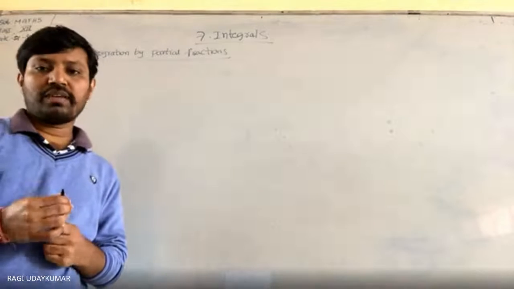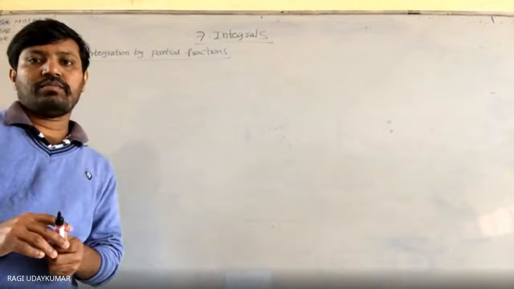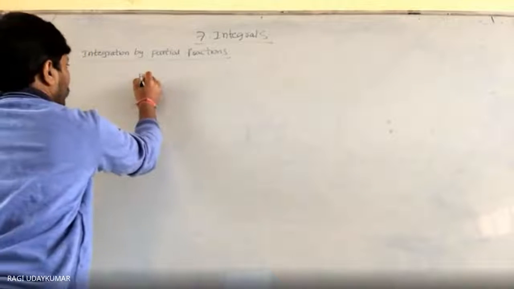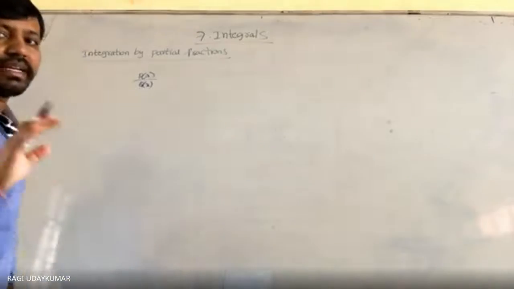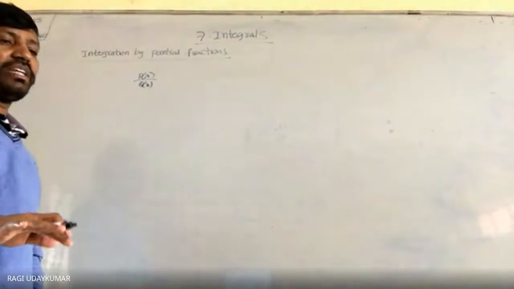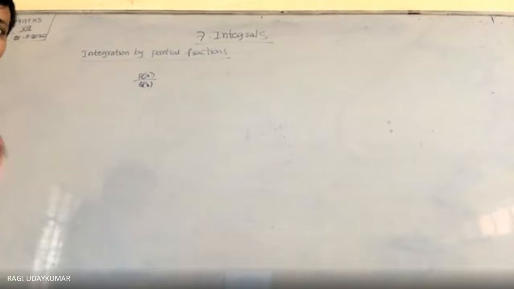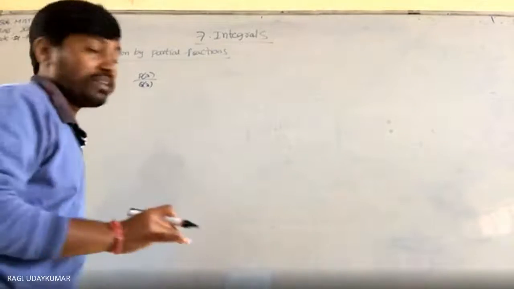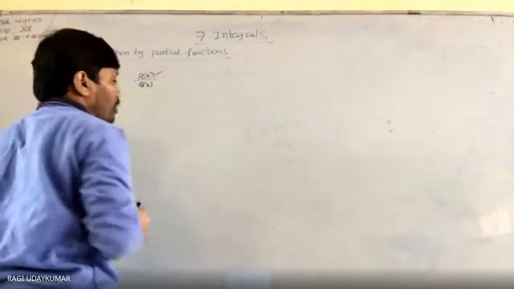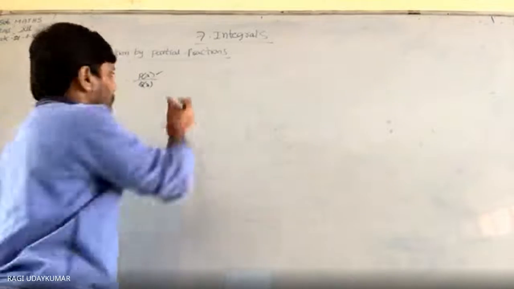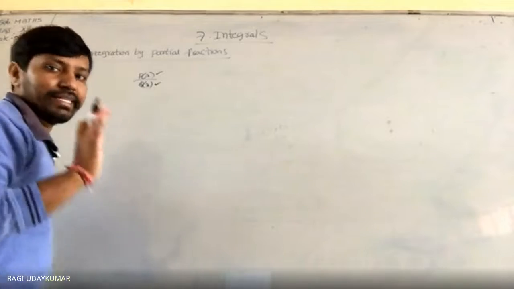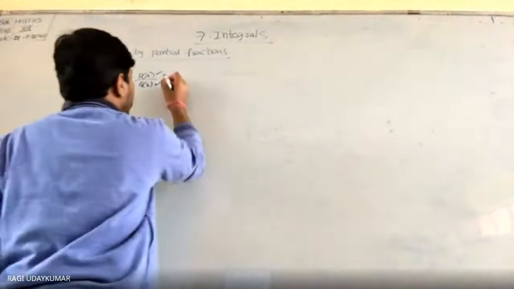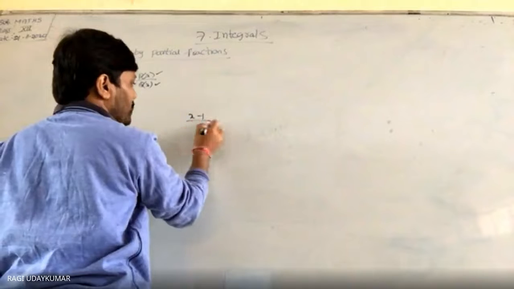The function which is in the form of p by q, p of x by q of x, this type of function is called a rational function. And in this rational function, proper rational functions will be there, improper rational functions will be there. That is, if the degree of this polynomial is lesser than the degree of this polynomial, it is called a proper rational function. Suppose you are taking x minus 1 by x square